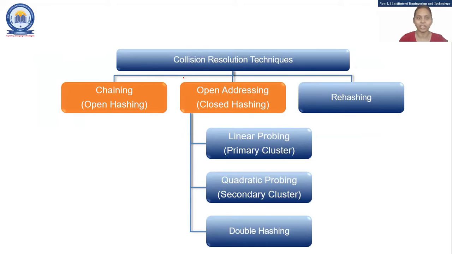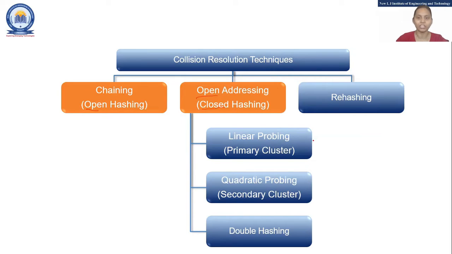But by looking at the name, you might get confused. Here also you find the word open, but this is open hashing and this is closed hashing. The name open hashing comes because the hashing gives you an address which is outside of your table. Here it is known as closed hashing because we do not go outside of the table. I am in my hash table only, but I am giving you the next available free space. Let's take one example here.